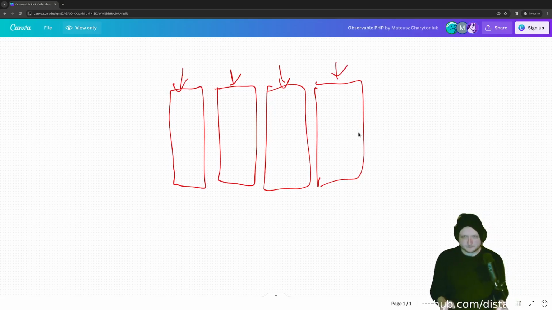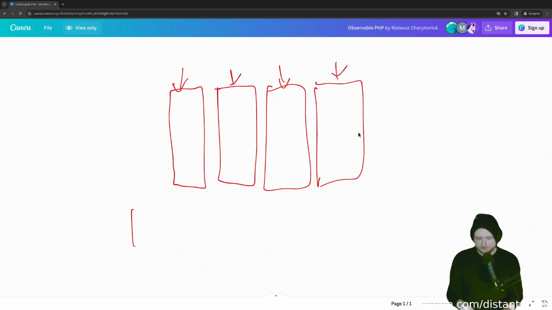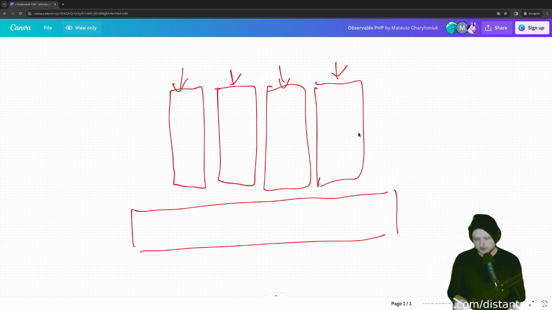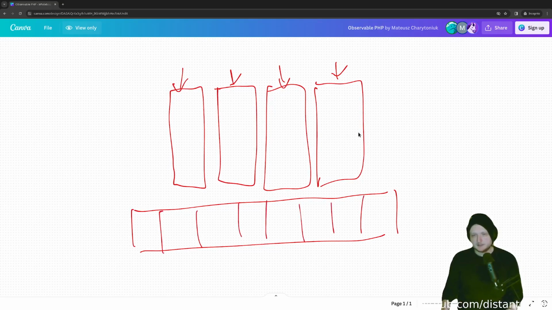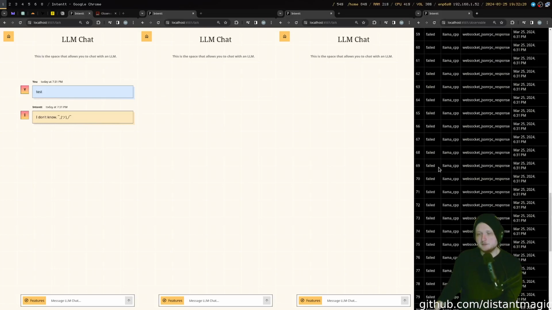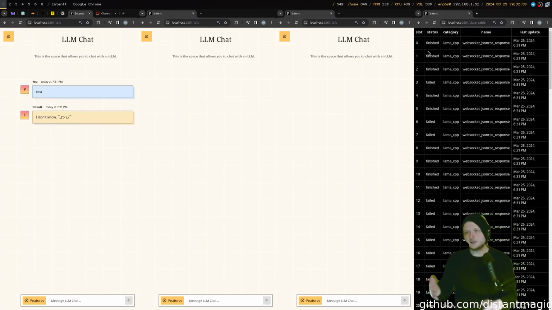So what do we need? We need a slice of a shared memory table. And this is where the slots come from. Because the shared memory has to be pre-allocated, it has to be already allocated when the server starts. So by default it's 10,000 slots for observable tasks. In each of those slots we can store task status and its metadata as shown here. So right now we have 100 occupied slots with their status, category, name, last update time,